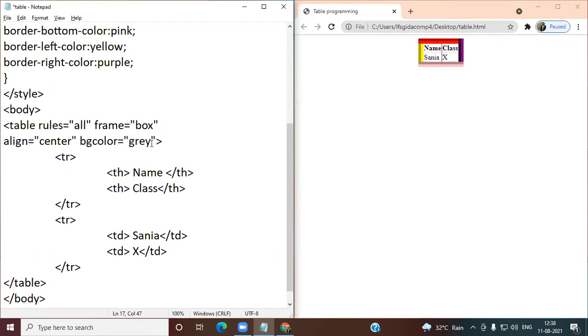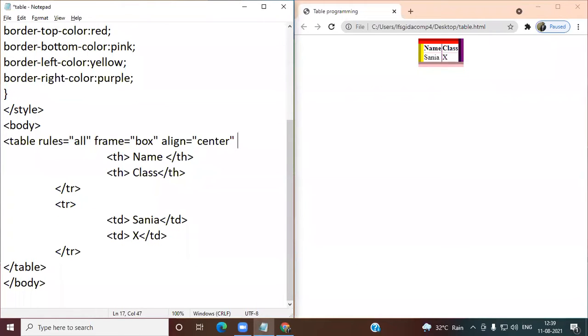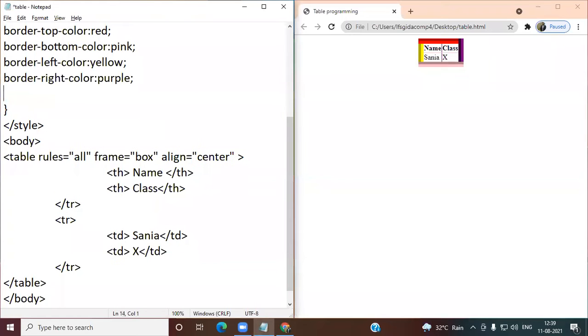Even BG color is equal to gray. Actually, I have used the CSS now. Background color. Oh, so which color may it use? Blue. Okay, blue.